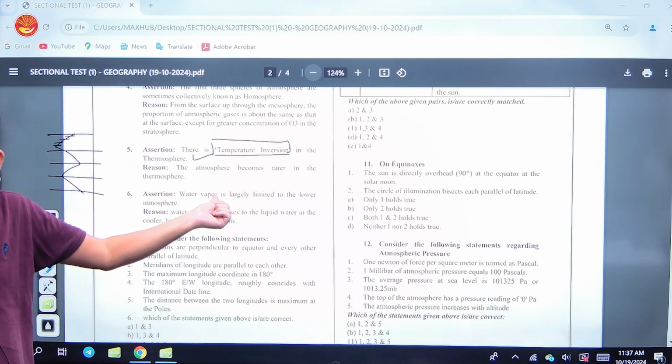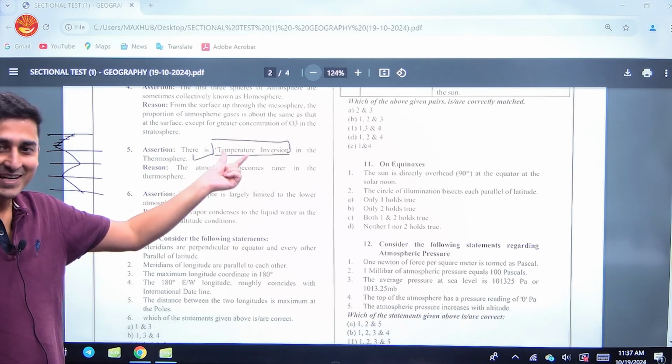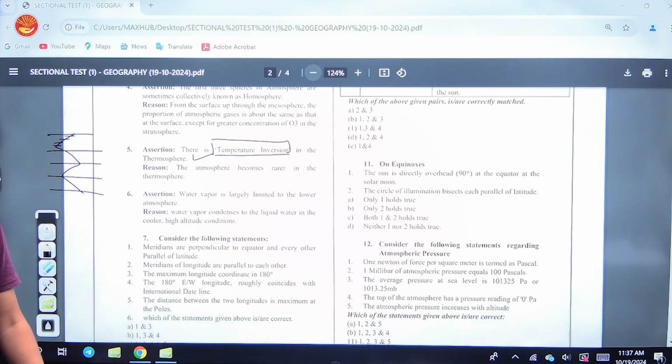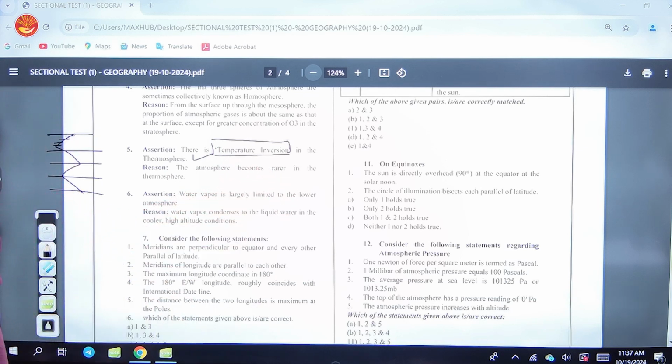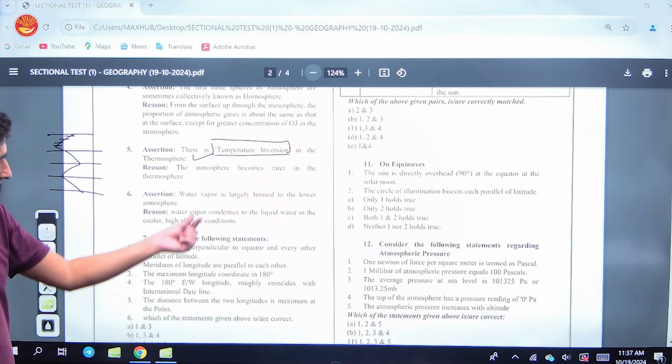The reason is: the atmosphere becomes rarer in the thermosphere. Okay, you have been given the reason, that is, atmosphere becomes rarer in the thermosphere. What is the reason? Is it first